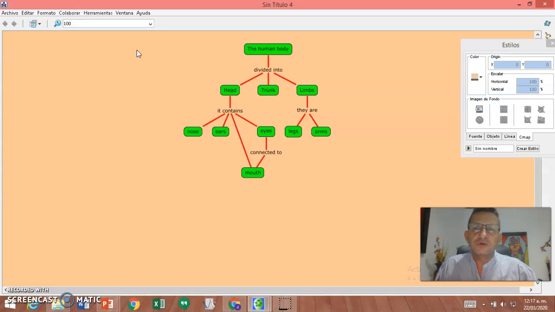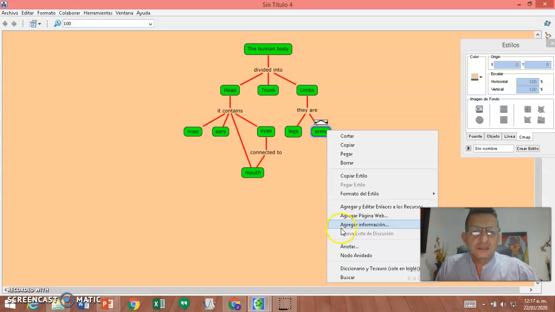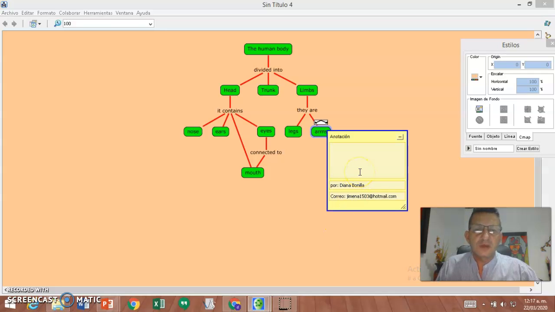There is something very important to be taken in mind. The fact that you have to avoid typing paragraphs instead of concepts, because all you have to avoid is to clutter up the map with a bunch of words. So if you need to add some information to the concept, just click on the concept and select annotation and type all the information you think is necessary